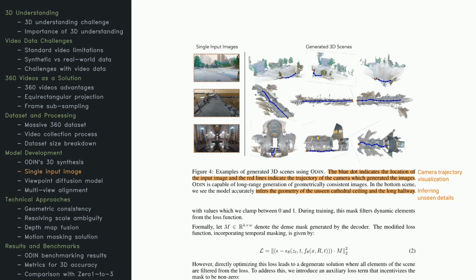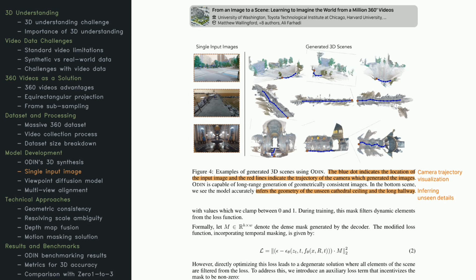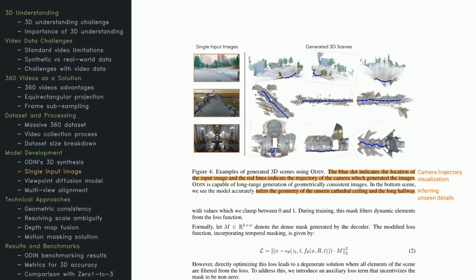Odin can synthesize entire 3D environments from a single input image, enabling virtual camera navigation. The paper illustrates this with complex scenes, like a cathedral. From one image, Odin generates views along a trajectory that reveals architectural details not visible in the original frame, such as the lofty ceilings and the length of the hallways. By relying on learned priors from the massive 360 dataset, Odin achieves a remarkable level of geometric and visual consistency